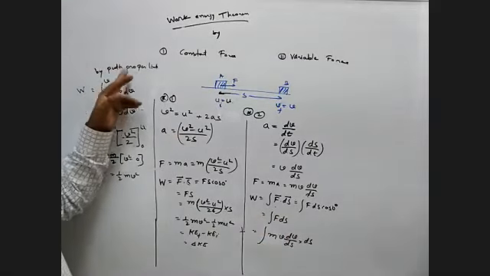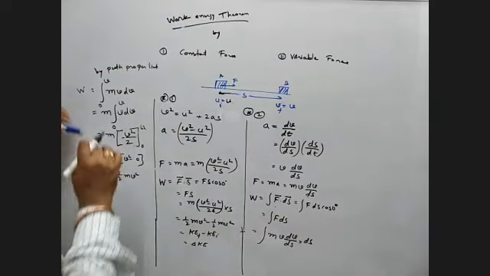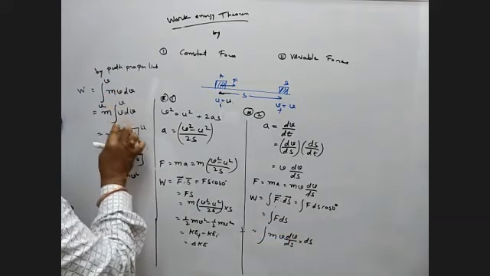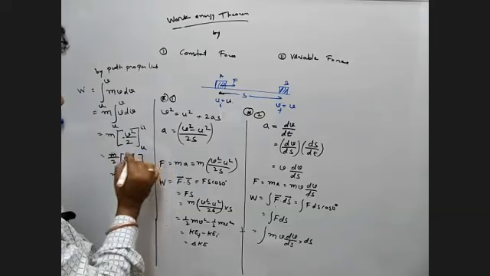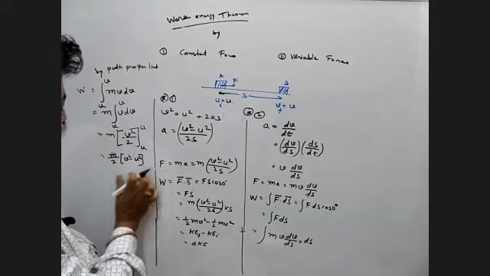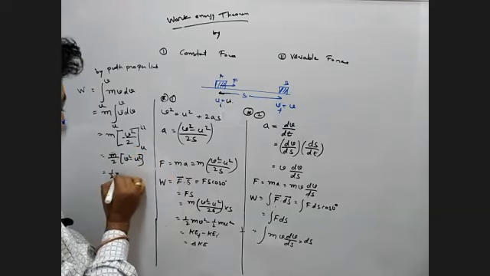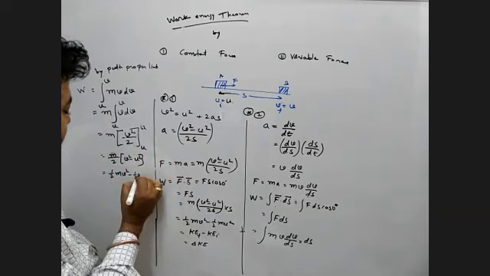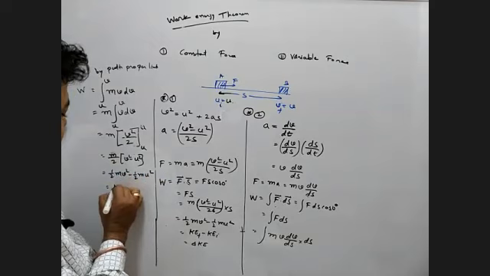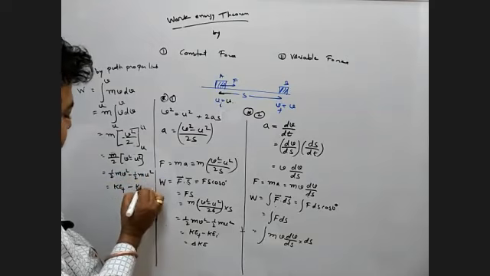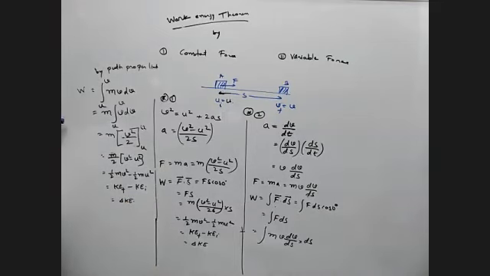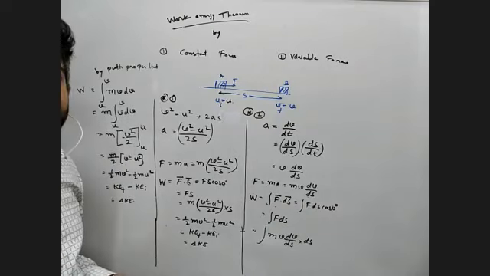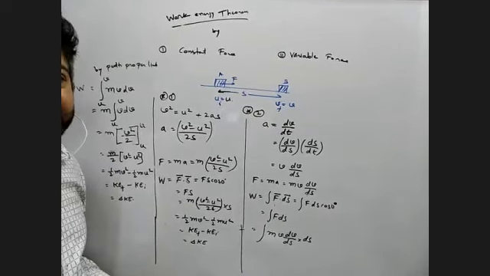Now here, by putting the proper limits, this 0 becomes u, this 0 becomes u, this 0 becomes u. So what you have is v square minus u square. So what you have is half m v square minus half m u square, kinetic energy final minus kinetic energy initial, that is change in kinetic energy. And then you write this proof, the work energy theorem for variable force. I give you 1 minute.